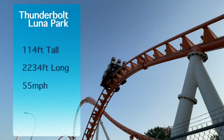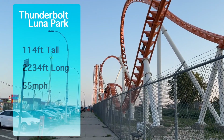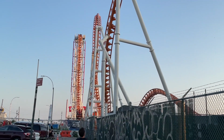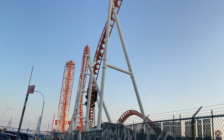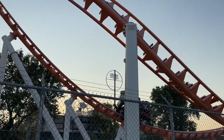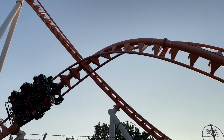It has a height of 114 feet, a length of 2,234 feet, a top speed of 55 miles an hour, and 4 inversions. However, this ride has a terrible reputation of being one of the worst coasters in the entire country. Why? The layout's good, it's not that old of a coaster. But remember how I said this is Zamperla's first large-scale attempt? That's exactly why. They really didn't know how to manufacture tracks at the time, and it also could be the